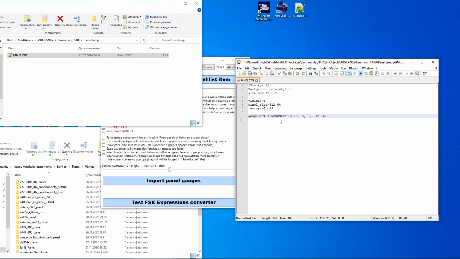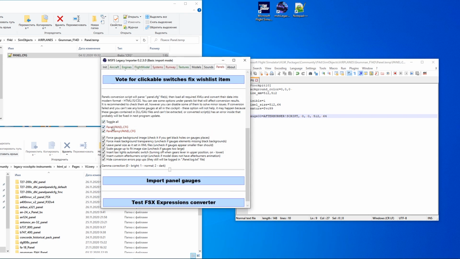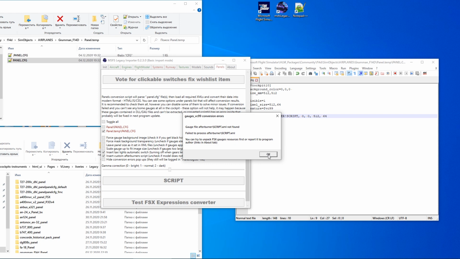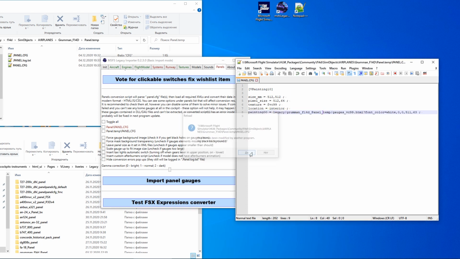Save config file, accept importer warning, so it will load your changes and apply conversion of your custom panel. You can select just options that you need, like landing lights control and Afterburner script. Import panels, program tells that gauge is not found, but that is normal. Open updated panel config file and you can see that HTML gauges used now instead of XML, which was our goal. Copy this code,